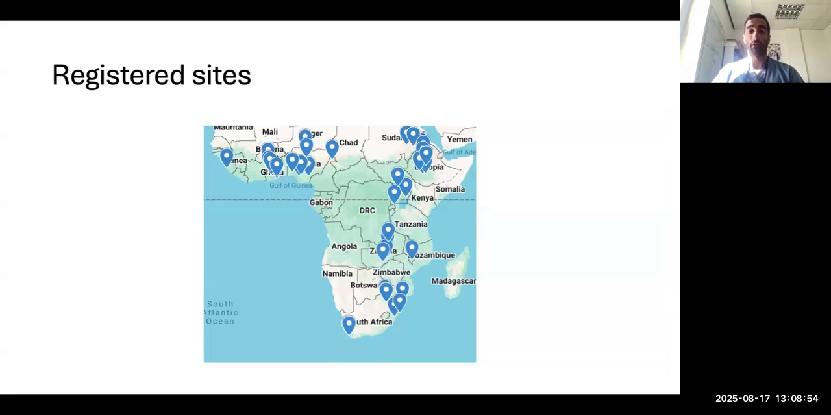And this is just an example of the registered sites. So we have had, I think, around 150 to 180 expressions of interest in this study, which is really great. And people are really keen to take part. The next step is to register the sites, and around 50 sites have now registered their teams and are ready